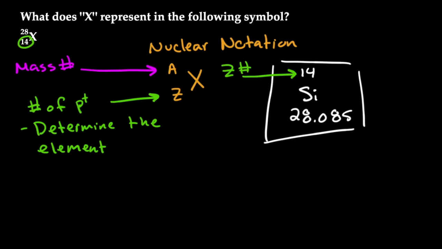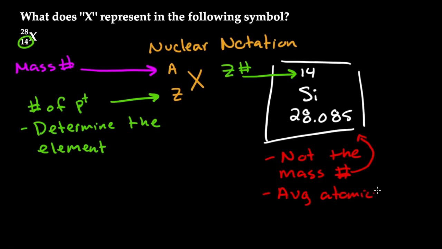And you might be thinking, well, is this going to be the mass number? And no, this right here is not the mass number. So I'm going to write not the mass number. This right here is going to be something called the average atomic mass. And so I want to write this is going to be the average atomic mass. And the reason why it's an average is because it involves all the different isotopes of Si,